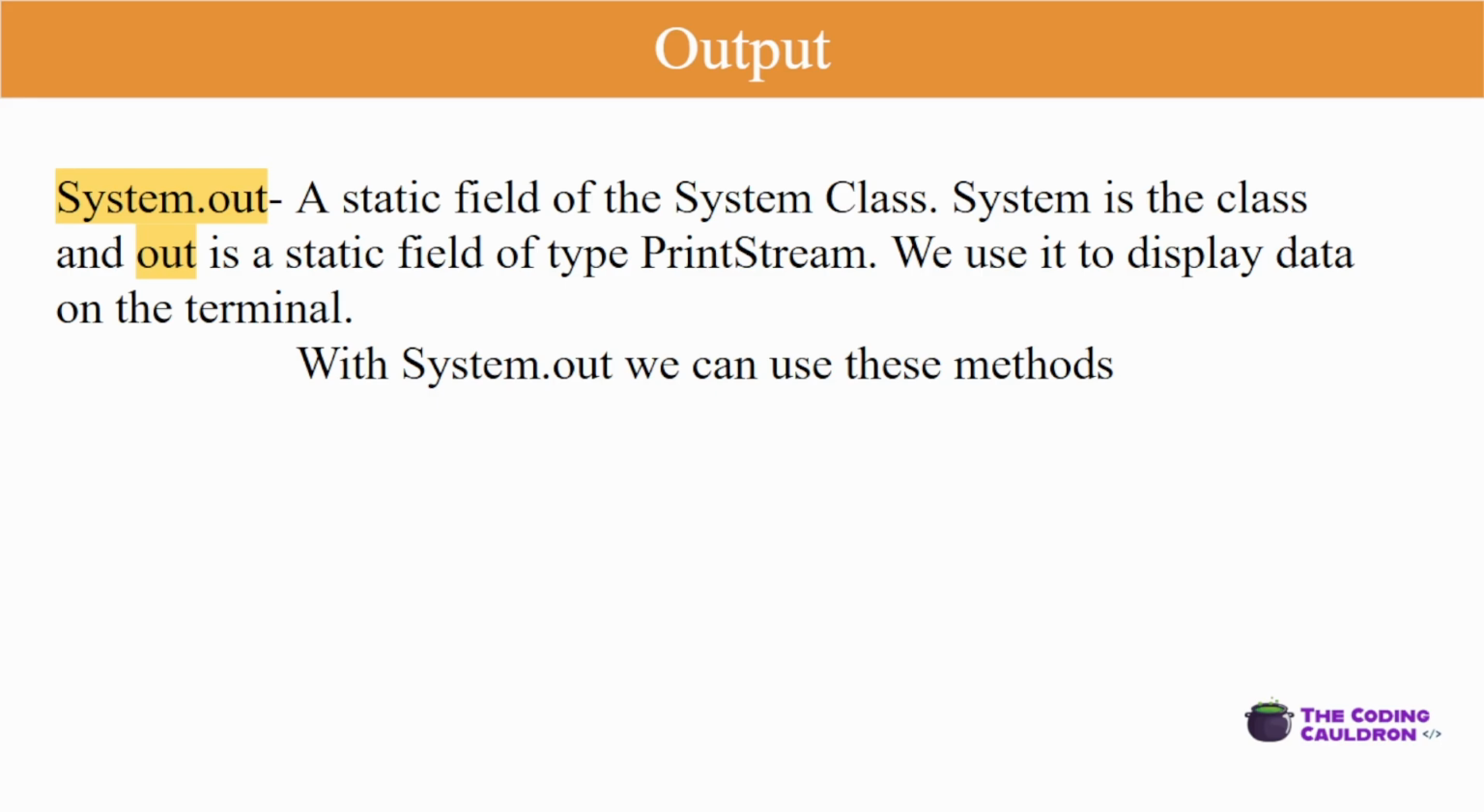In Java, to output data, we can use System.out. System.out is a static field that is part of the System class. System is a class and out is the static field of the System class and an instance of the PrintStream class that we will later see in this video. Because out is static, we can access it directly with System.out without needing to create an instance of the System class. Also, since it's an instance of the PrintStream class, we can access printing methods like println, print, and